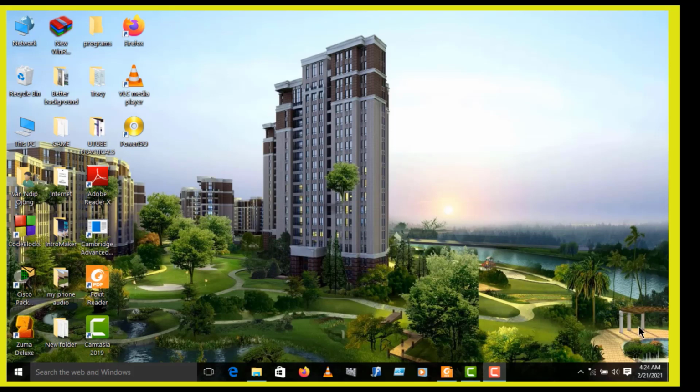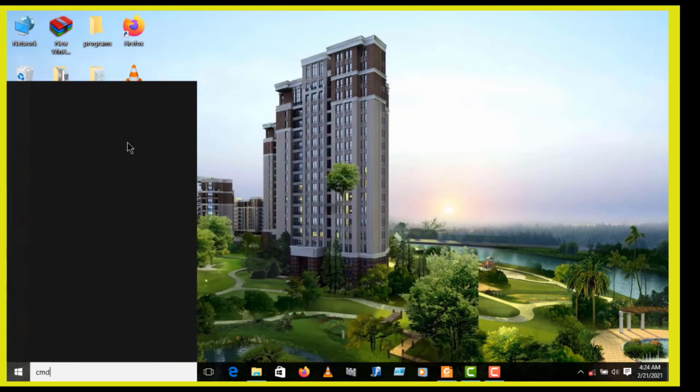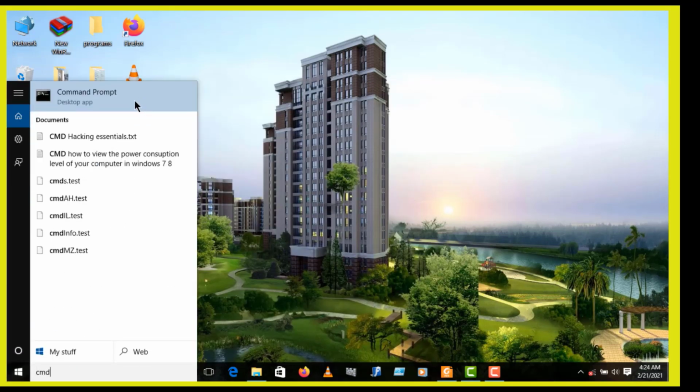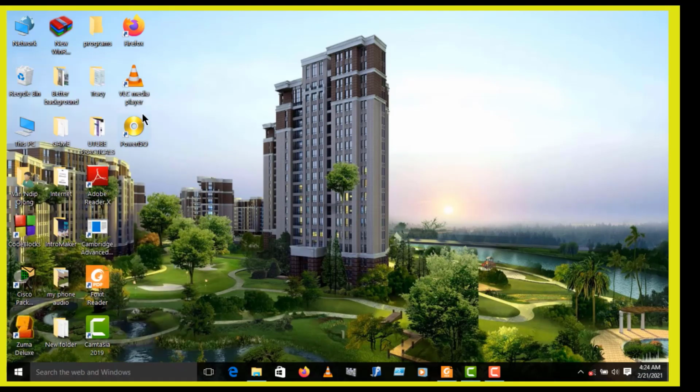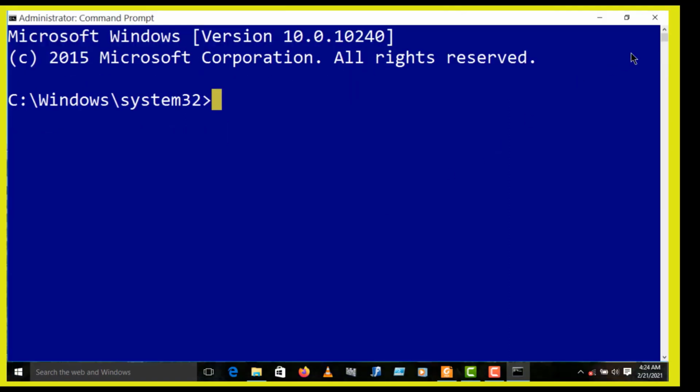To know these commands, just log into your command prompt as administrator, CMD. Run as administrator. Just click yes. At the interface of the Windows command prompt, the first command I'm going to show you is